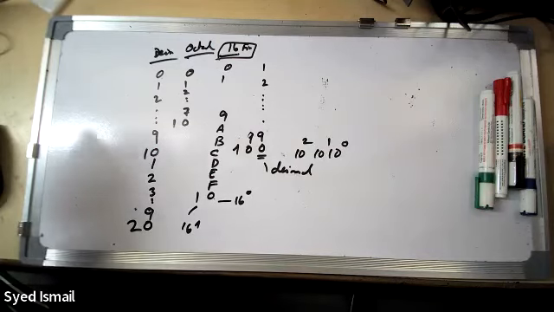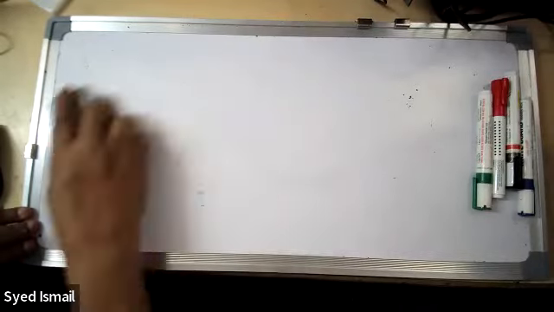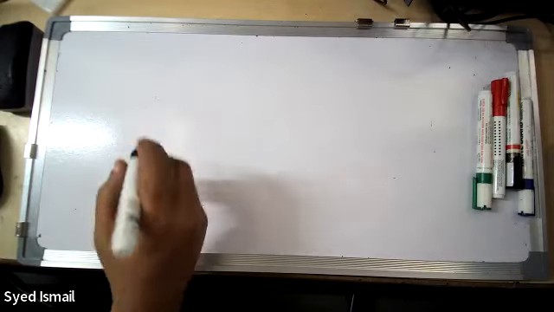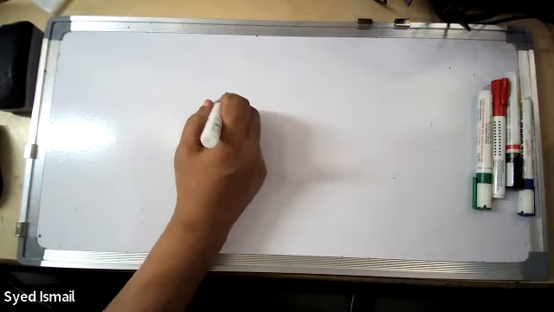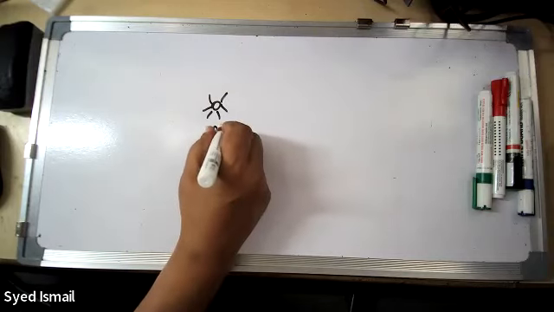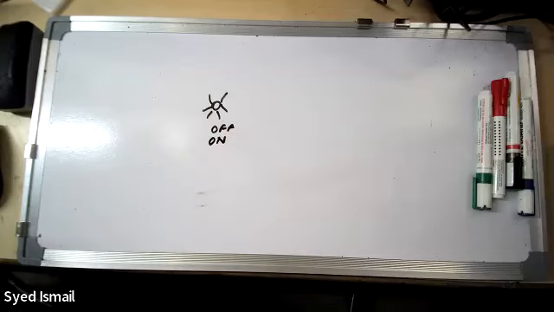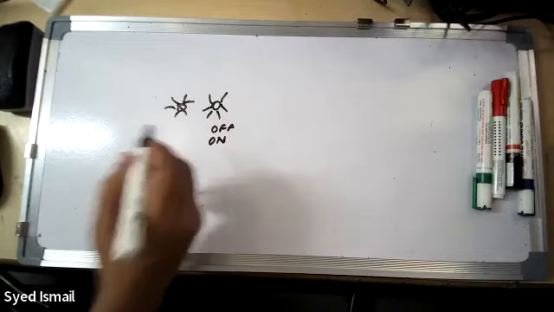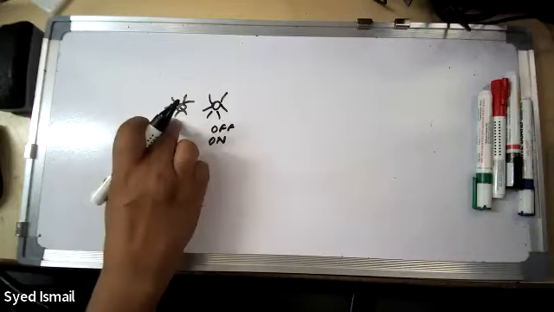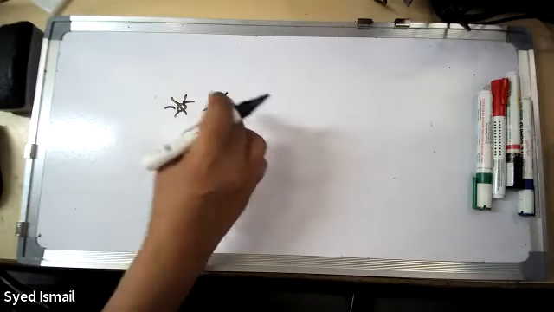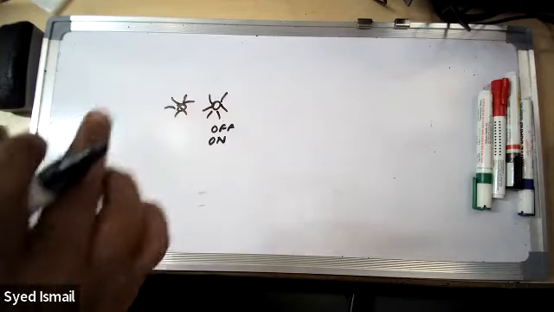So now you see here the reason why. Let's have one light, one LED. How many messages can I send with one light? Either the light can be off or the light can be on. It gives two message possibilities. Now I have two LEDs, two lights. How many messages can I give? This one off, this one off; this one on, this one off; then this one on, this one off; then both are on.